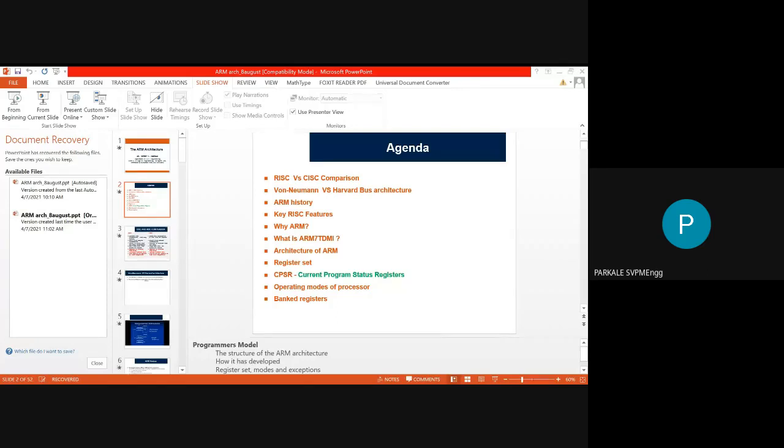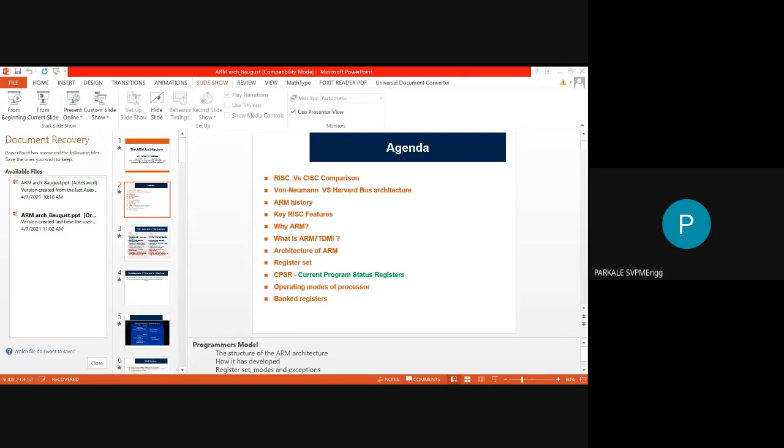So these are the two computational architectures available for the microprocessor or microcontroller. What is the basic difference between these two architectures that we have to see, and then what type of architecture is used in the ARM7 microcontroller. First the CISC architecture was developed, and then the RISC architecture was developed, that you have to remember.